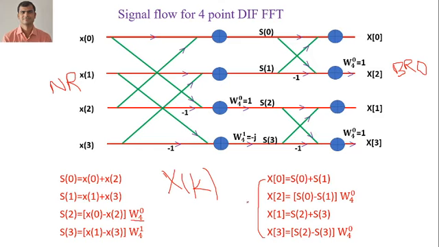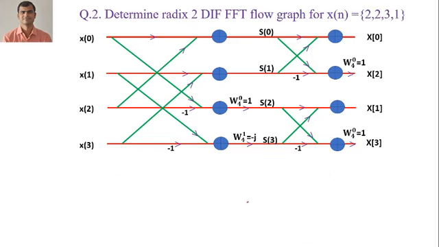So let me take you one example. The same example I have taken, and the answer we will get is the same as that of the DIT FFT algorithm. So I have taken the same example 2 2 3 1. You just write the values here. It is in natural order, so it becomes 2 2 3 1. So you first calculate the stage 1 output. For that we have to calculate S0.